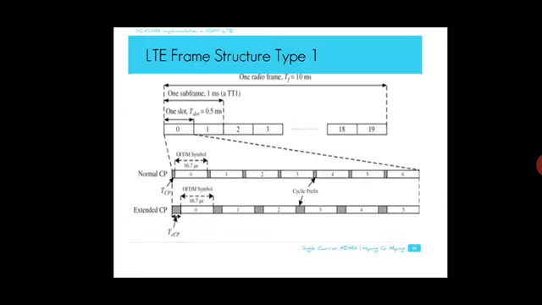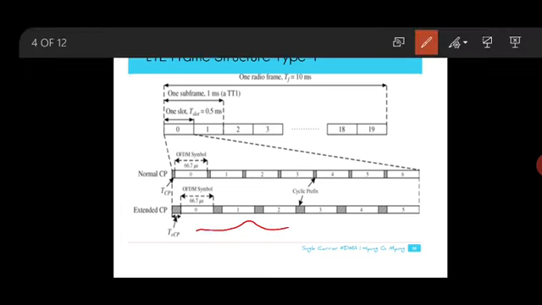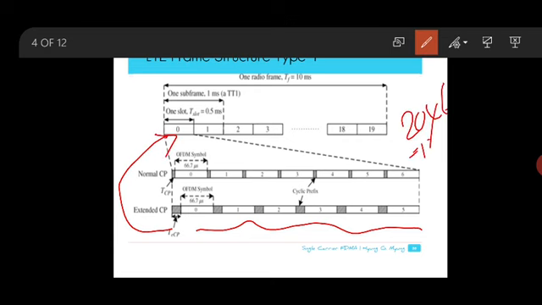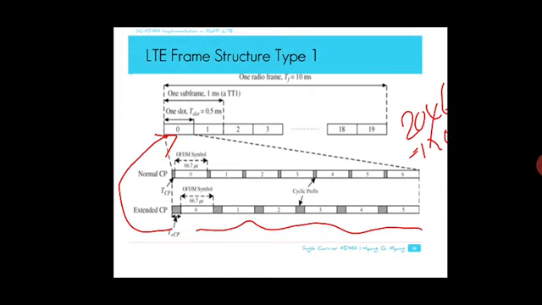And subsequently, I hope you can see here, for extended CP, there are 6 slots. And 6 slots will be coming for each like this. Okay, there are a total of 6 for one slot. Means totally how many are there? 20 into 6, that will be 120. 120 plus 24 slots with the guard bits.